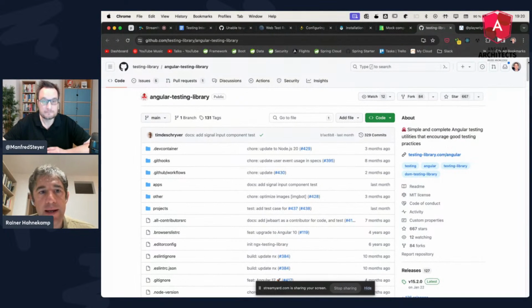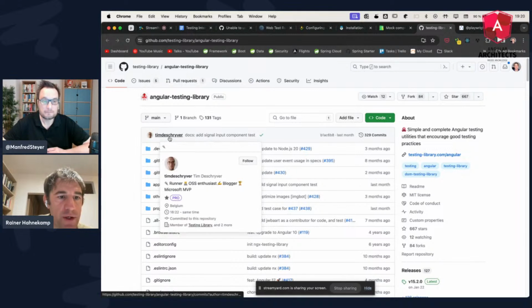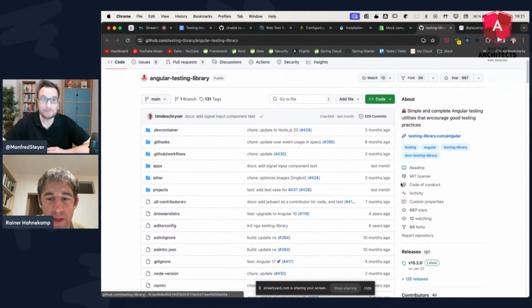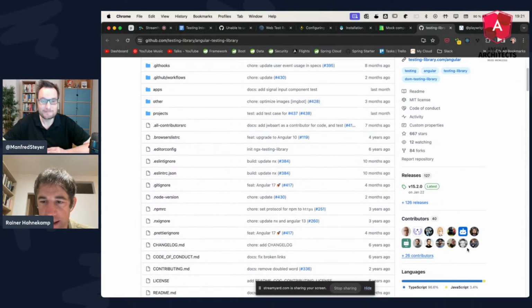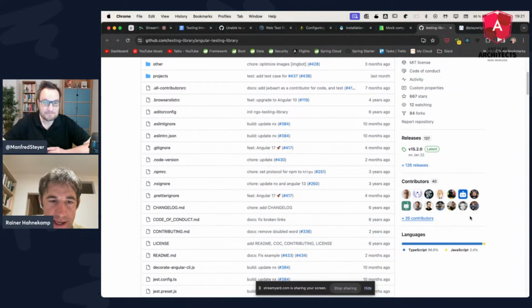The testing library, first of all, that's the real name. So this is a library which is called testing library. It exists for different front-end frameworks. Its first version was for React, but it has many bindings, also bindings to Angular. And for the Angular part, the main person responsible is Tim Deschryver, and he's part of the NgRx team, so he knows quite a lot about Angular, about the internals. And I would say the testing library is in good hands, of course, also with the other contributors that he has. So there are also some other very familiar faces there.